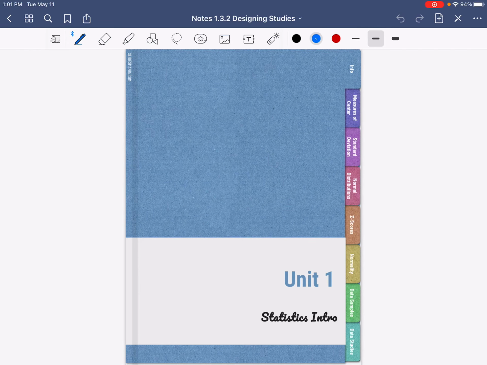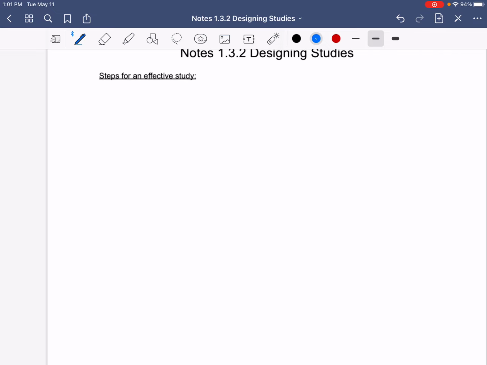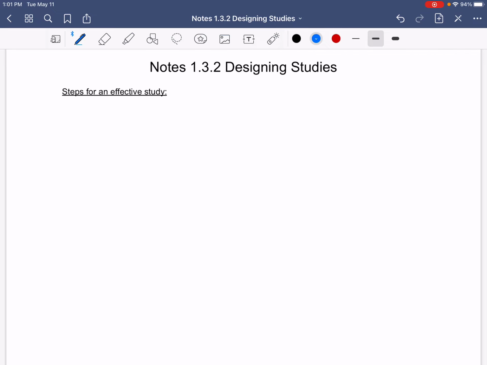Hey guys, this is our last little set of notes for Unit 1. Today we're going to talk about designing studies, pages 36 through 38, or slide of your digital notebook. So at the top, put title notes 1.3.2, designing studies,